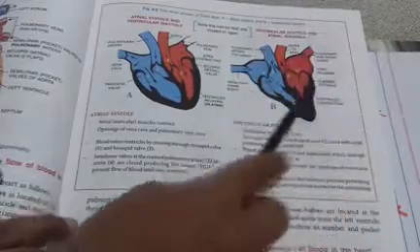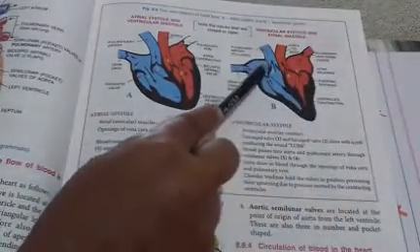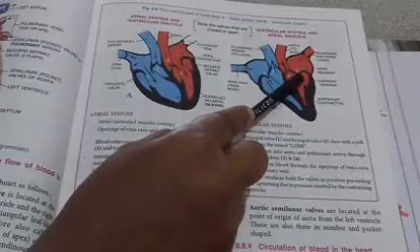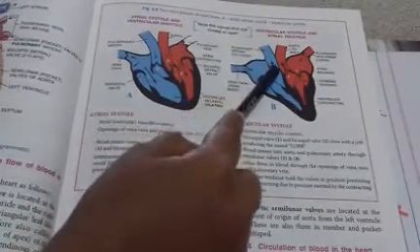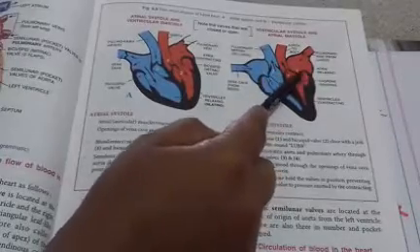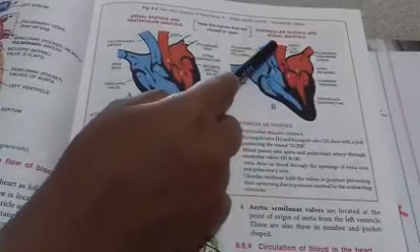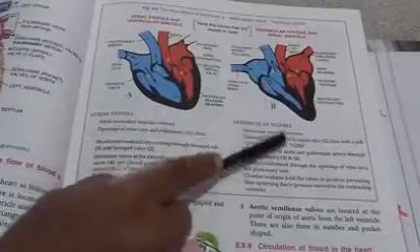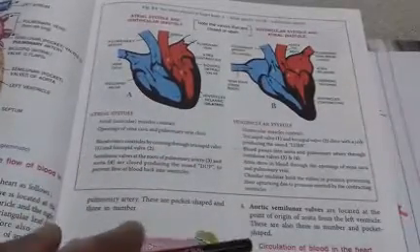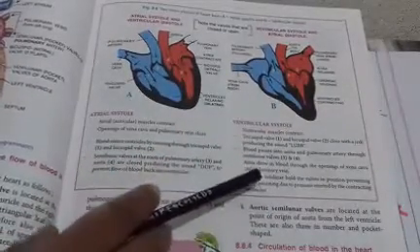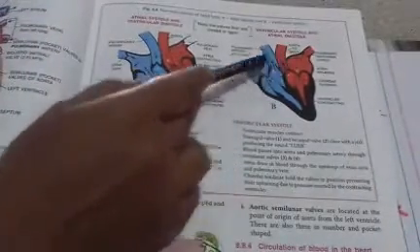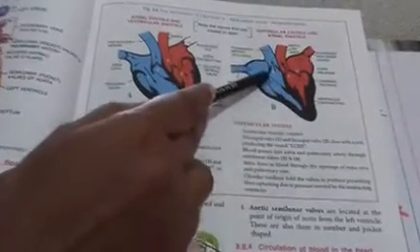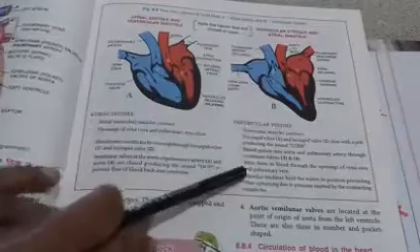In ventricular systole, the tricuspid and bicuspid valves are closed, whereas the pulmonary semilunar valve as well as the aortic semilunar valve are opened. So this is the second phase. Then the next phase: here the tricuspid and bicuspid valves are preventing the backflow of blood into the respective auricles also.